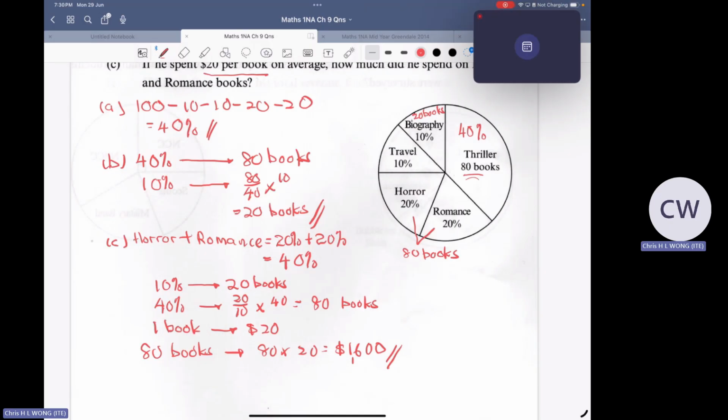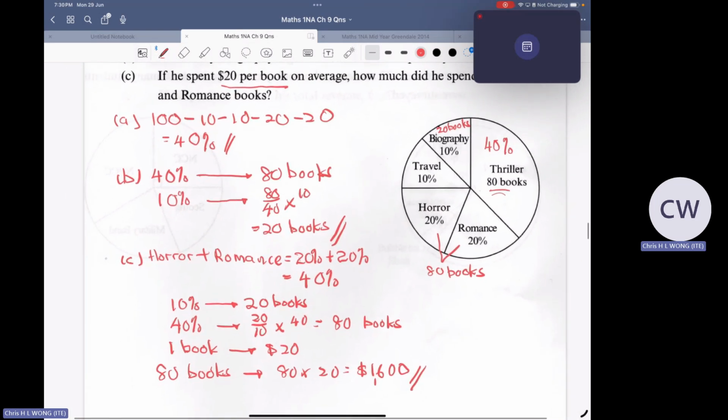Not too bad, huh? These are not too bad, really. When it comes to ratio, a bit tricky. It's only ratio that is very tricky. But when they give you degree or percentage, you just have to do conversion only. Let me copy first. When you're done, let me know.